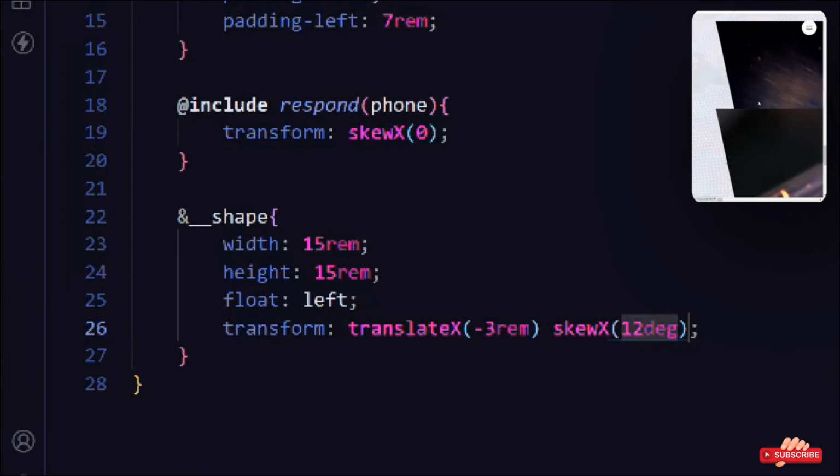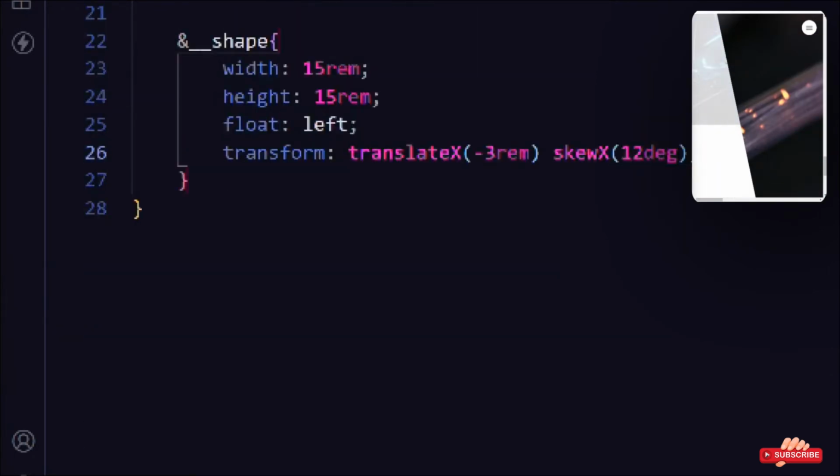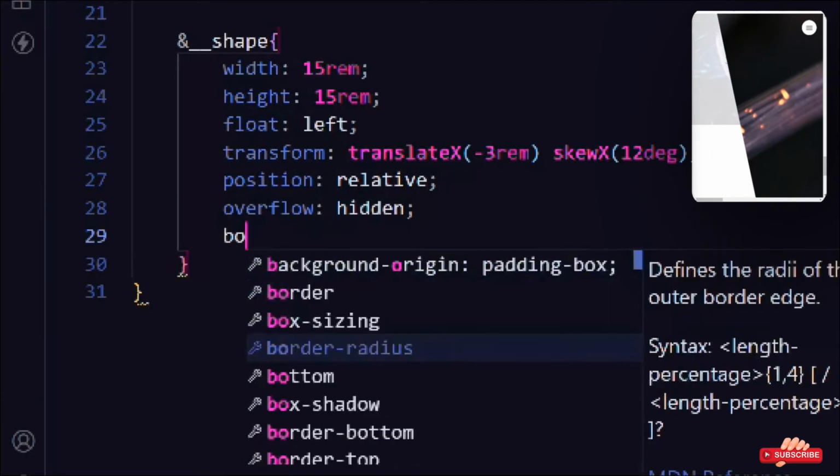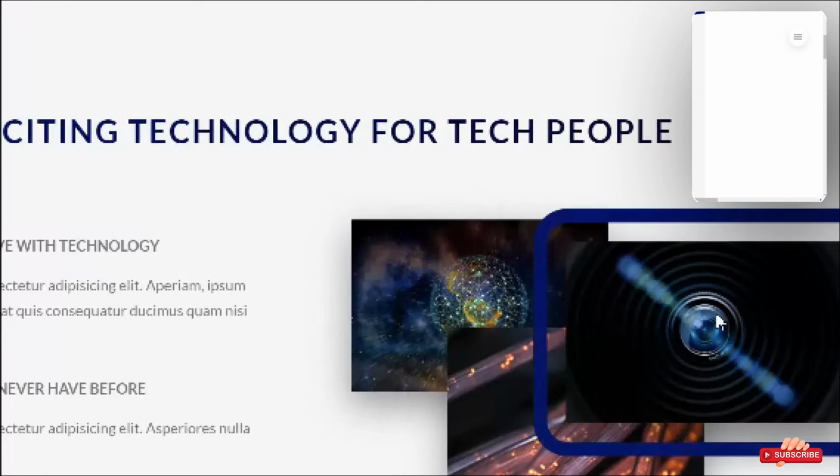As you can see here, we have two. We're going to fix that, and let's assign position to be relative. Overflow hidden, border radius 15%. So let's come down. So this is how it's looking right now. Okay,